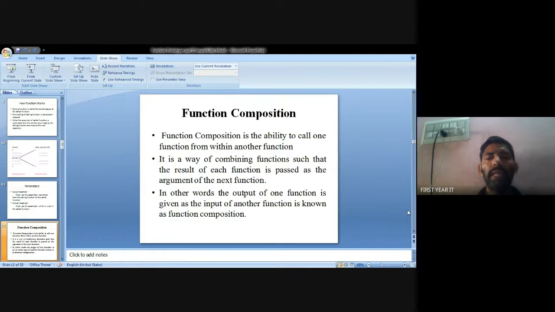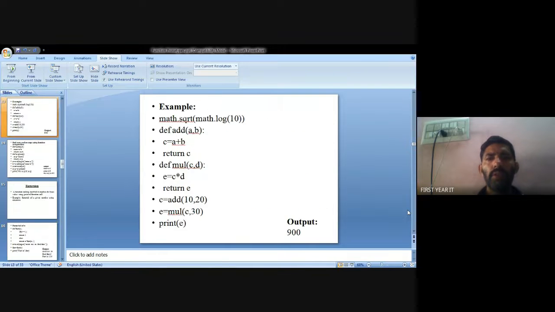Whenever you get the result, that is from the main function. You call the main function, which calls the sub function. The sub function will be executed, and after returning back to the main function, the result is obtained. That is called function composition. Whenever there is a function given an input and getting an output, that is called function composition. So, the example.